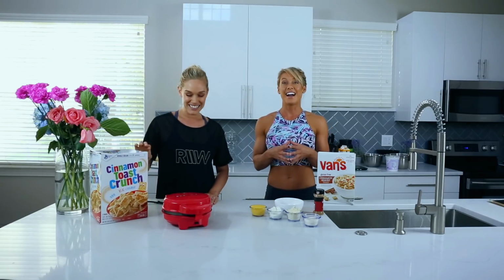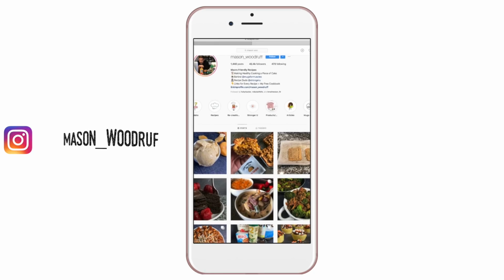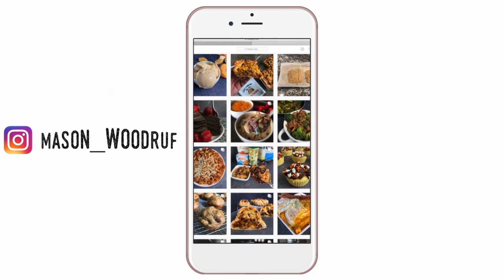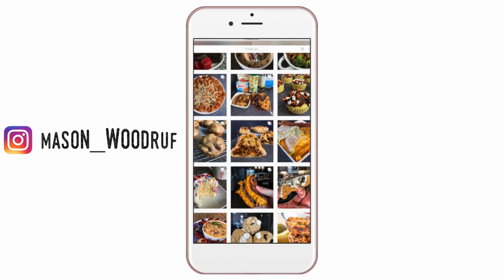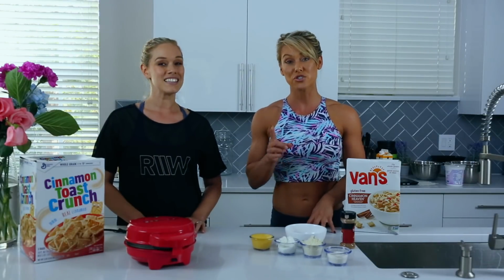This recipe actually comes from a guy called Mason Woodruff. Now you can go and check out his Instagram. I've had a good stalk. He has a couple of ebooks. He does a food blog. He's really creative when it comes to cooking. So Mason, we're going to try your recipe today, and it's certainly made our top 5 contenders